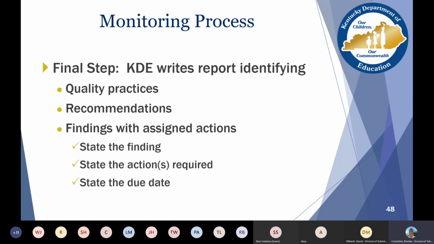And then, of course, there's some findings that maybe assign some actions. So if we find some things that maybe just quite aren't as strong as they need to be, we might have some areas of improvement. So we would state that finding and what action would be required. And generally there's a due date with that. Sometimes it's just location of documentation or protocol, something that has been very informal that just needs to have some more substantial evidence with it.